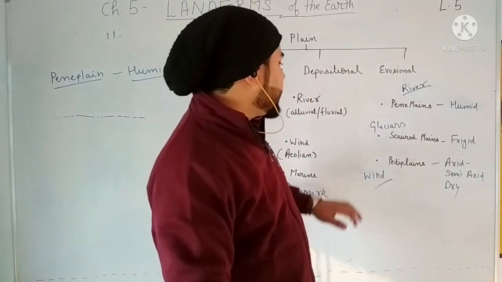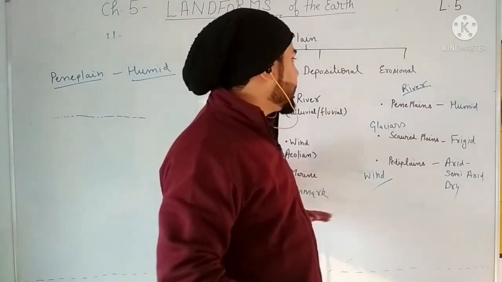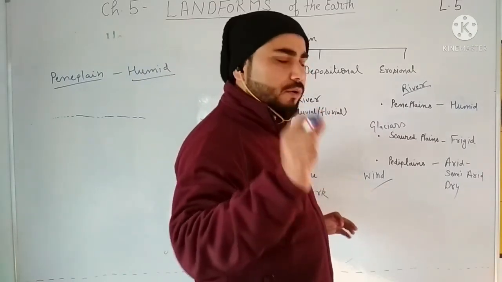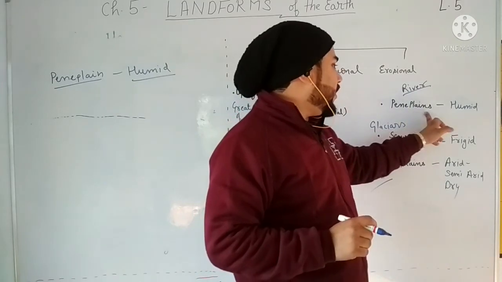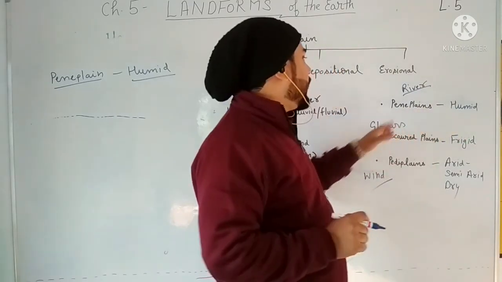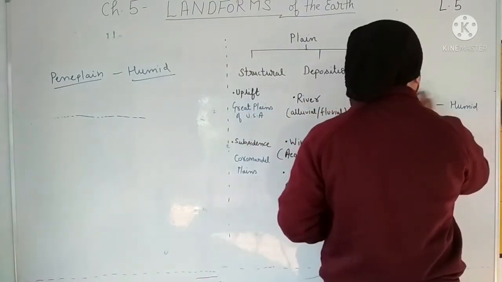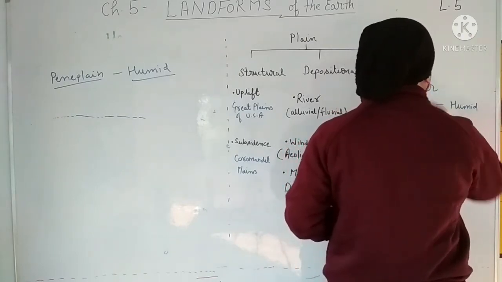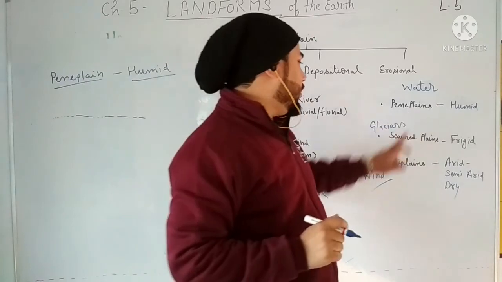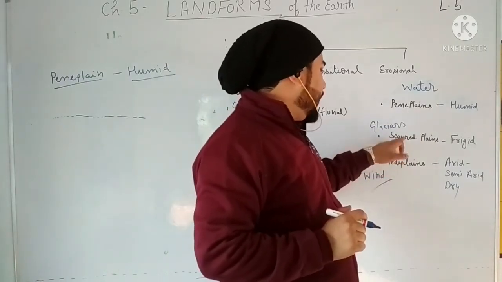So paddy plains, scoured plains and peneplains are all called erosional plains, but peneplains are found in humid areas. These may be formed not by river but by water, either rainfall or any other thing. And scoured plains, here these